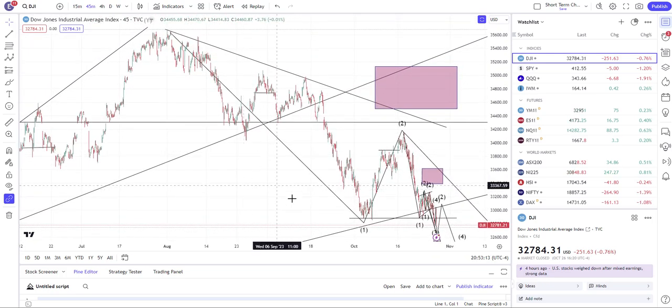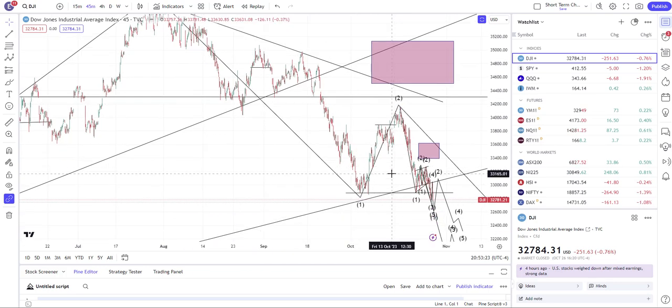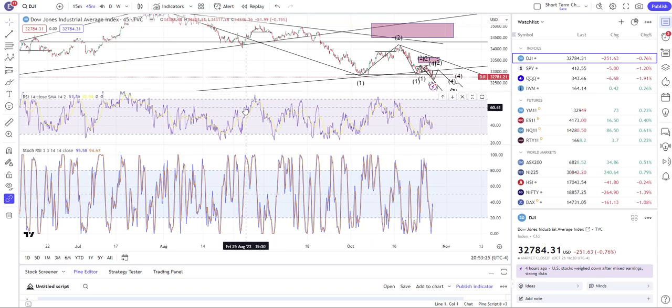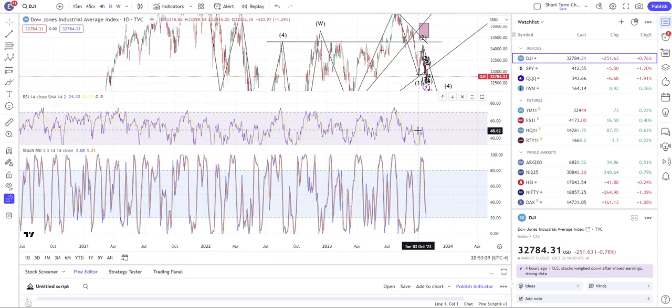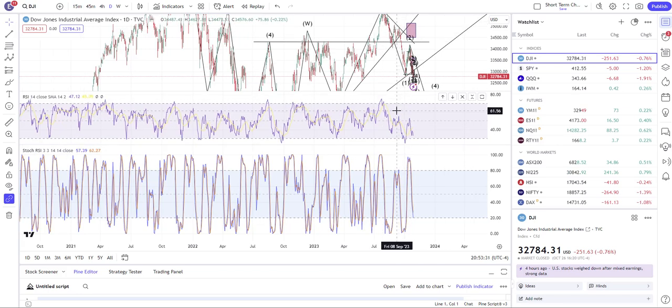So I do have this labeled here as a 1, 2. Again, it could be something more bearish as a 1, 2, 1, 2. It could be a 1, 2, 3, 4. I have it labeled this way because of the RSI reset that occurred right here. It reset the RSI. So I do think it's